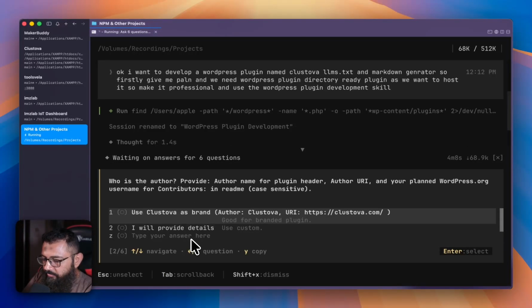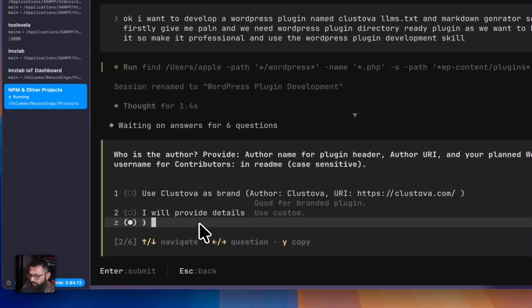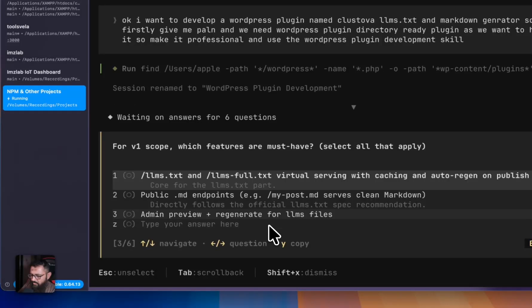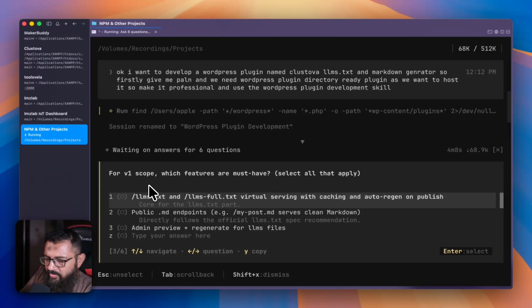Okay, yes, use Clustova as a brand, author URI clustova.com. Yes, I will select the option. Yes, use Clustova as a brand name, and I think the first is good to go. Yes. And for V1 scope, which features are most must-have? Okay, LLMs.txt full virtual serving with caching, and